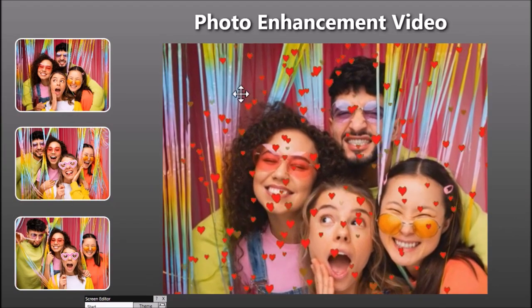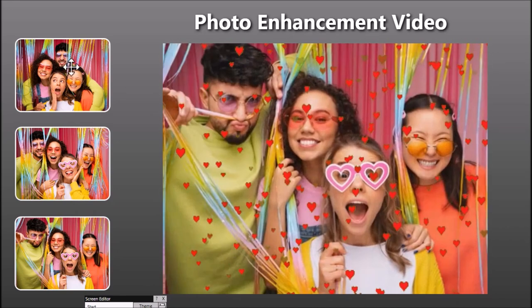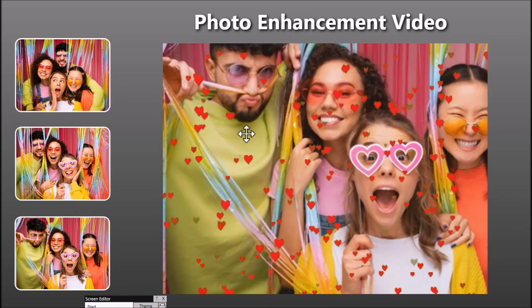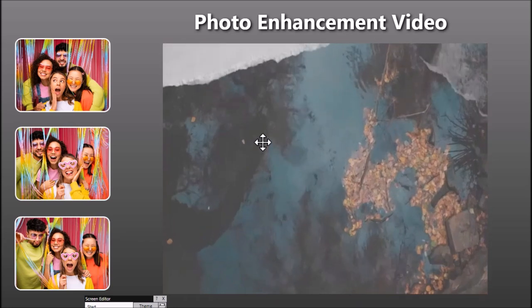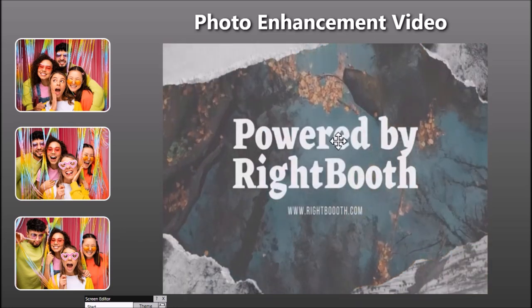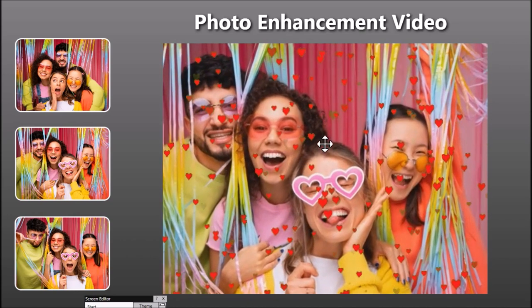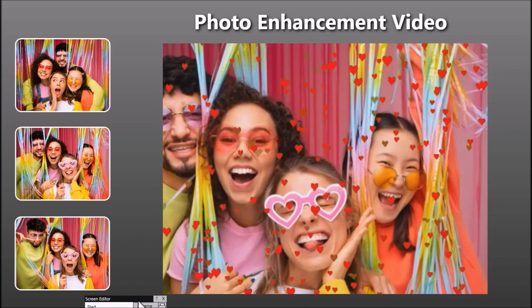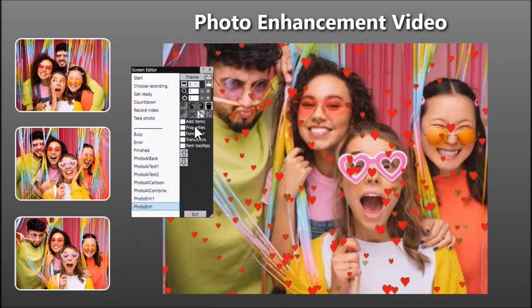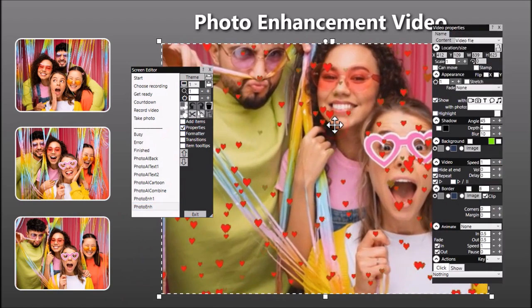So here's a typical example. What I've done here is I've made a sequence of the photos. I've applied a Ken Burns montage effect. I've added an outro video, and I've also added an overlay video of the love hearts. There's actually an audio track as well. If I just turn up the sound on this,